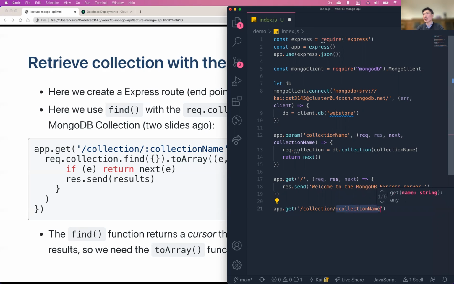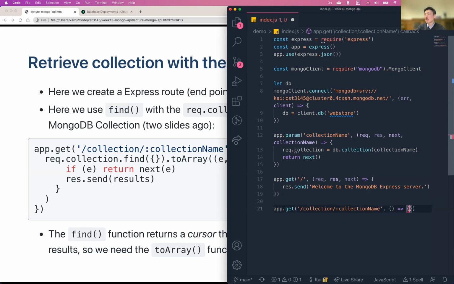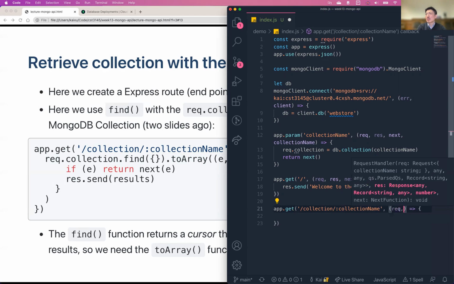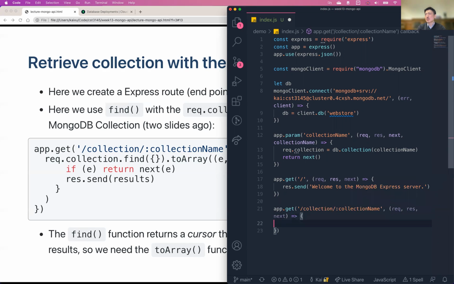We're going to be using that later. Okay, and then again, do we have next? Yes, and then here we would have the request, response, and next. And inside the actual function itself,